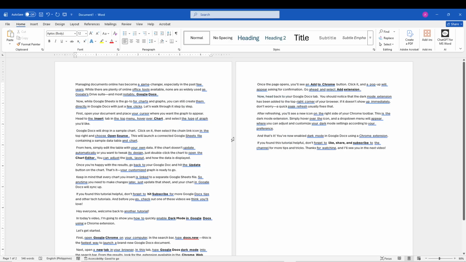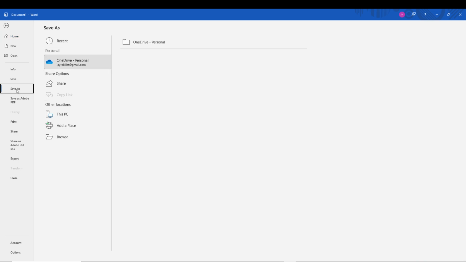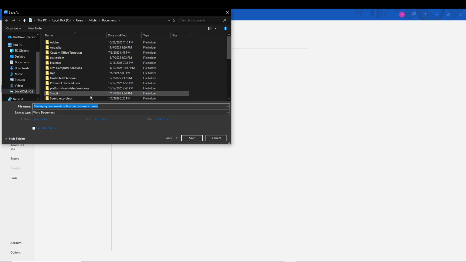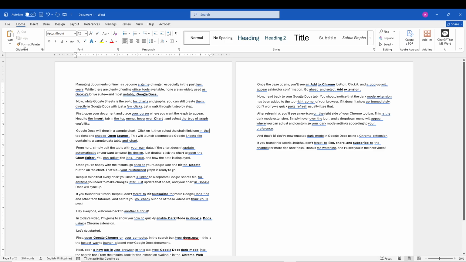The second method is through the File menu. Click on File in the top left corner of your Microsoft Word window. From the menu that appears, select Save As. Then click Browse to open your File Explorer. From there, choose the folder where you want to save your document, type in the file name, and click Save. This method is especially useful when you want to save a copy of your document in a different location or